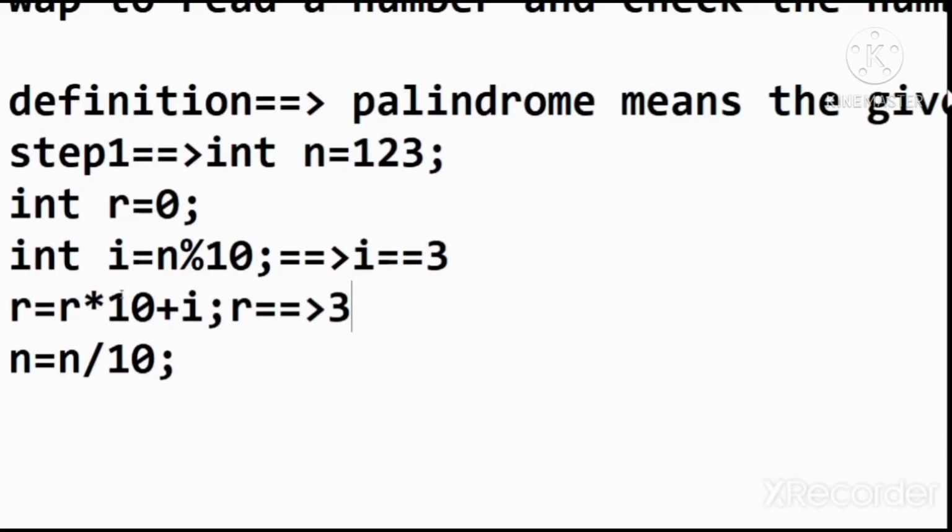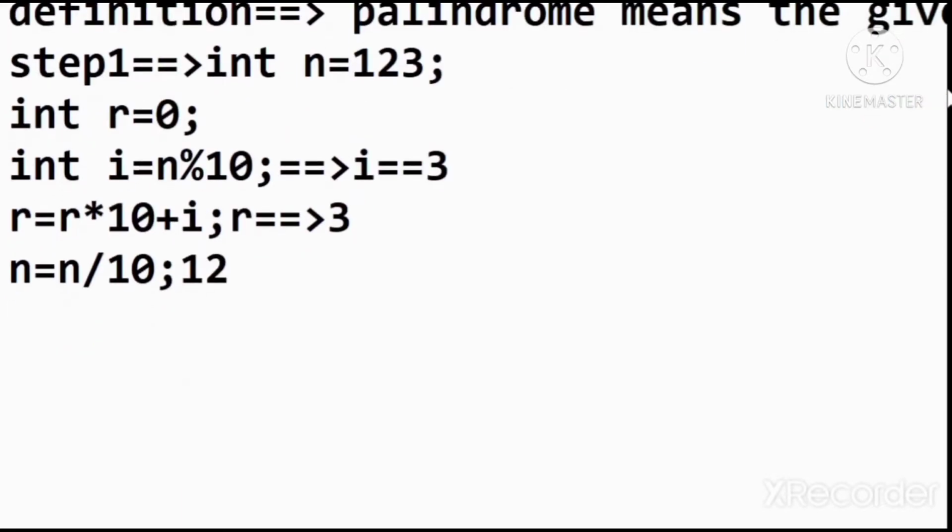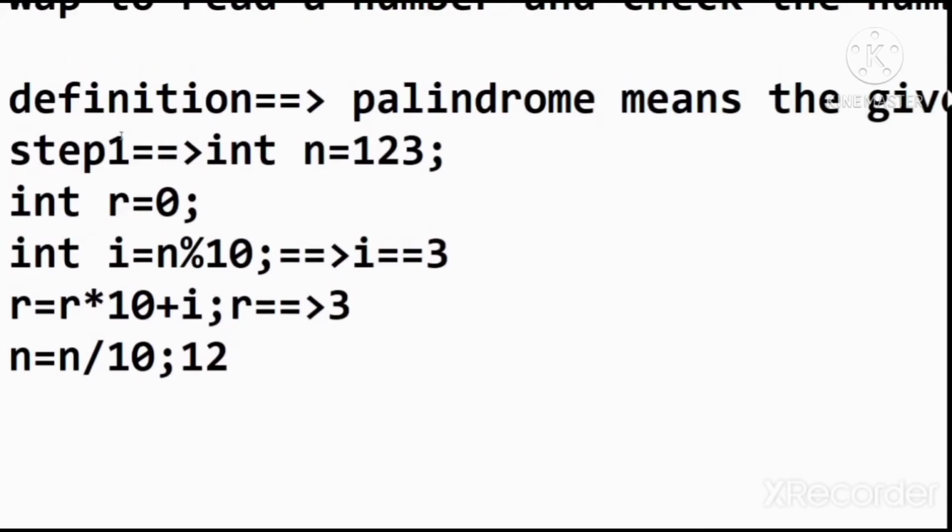So 123 divided by 10, the value of n we get is 12. Now again calculating i, the value of n is 12, and performing the modulus operation, the value of i is 2.